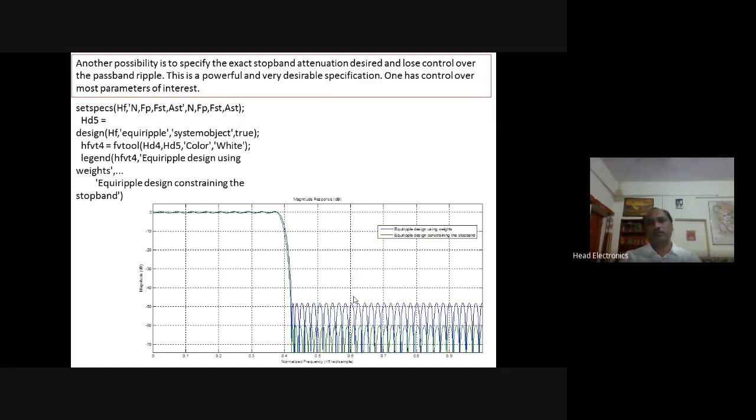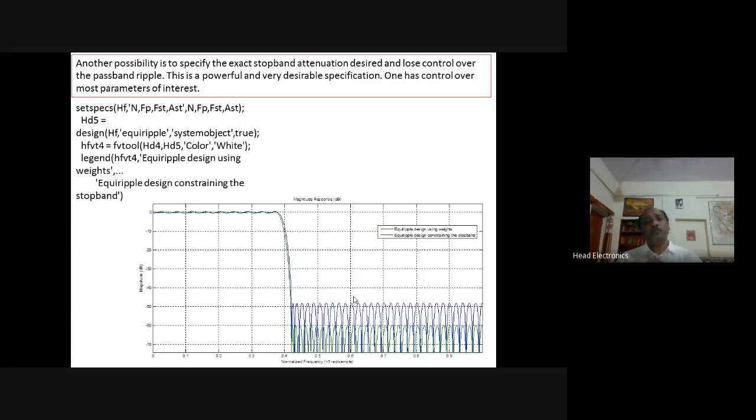For example, in the previous one, we have to maintain the 182 order with respect to the 145 order of the equiripple here. So in the case of the Kaiser window, the order must be 182 for the same performance, whereas the order related to the equiripple was 145. So this is the reason that we avoid using the Kaiser here, because the cost of the implementation will be much larger in comparison with the equiripple here.